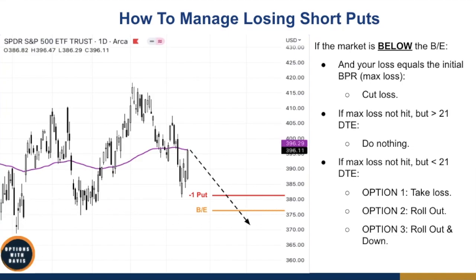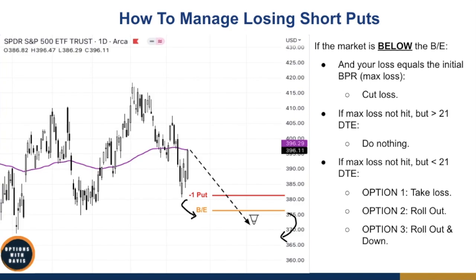And the third option, last but not least, is rolling out and down. Rolling out means to roll out to the next expiration date, to the further expiration date, and you also roll it down as well. So this way you give more room for yourself to be right. Let's say for example from 380, you're able to roll the put option down to 375, then guess what? You've also pushed your break even down as well. So if your break even is lower, then you will have a higher chance for this trade to work out as well,